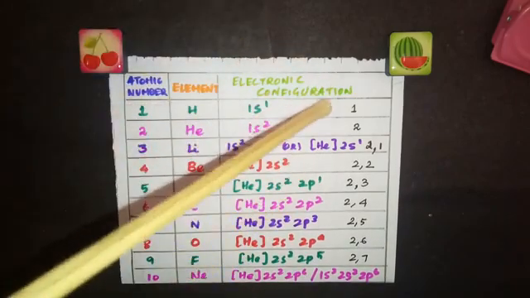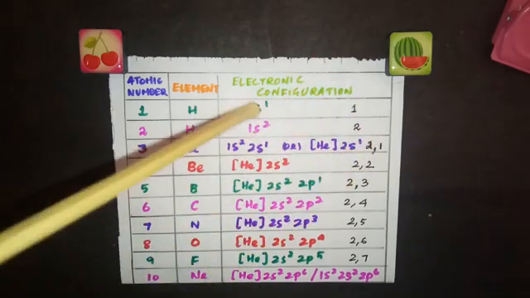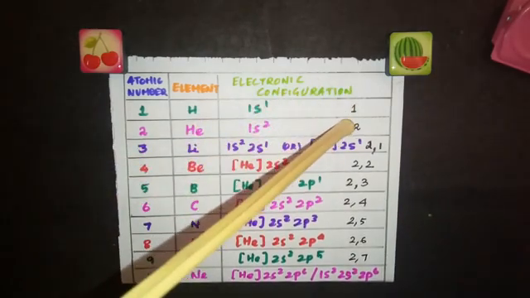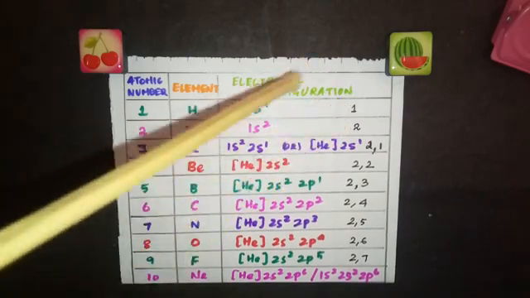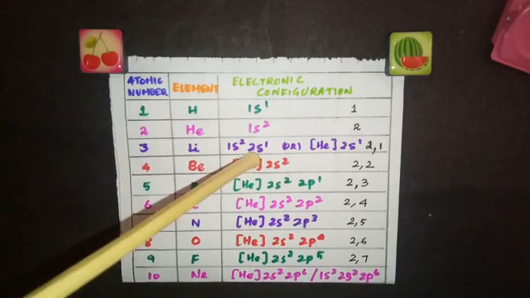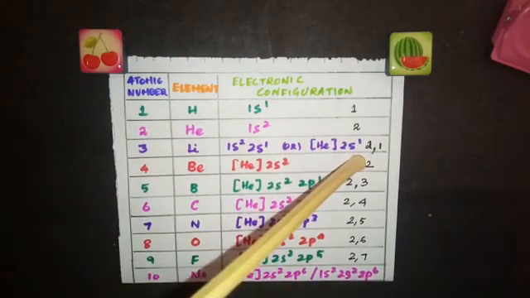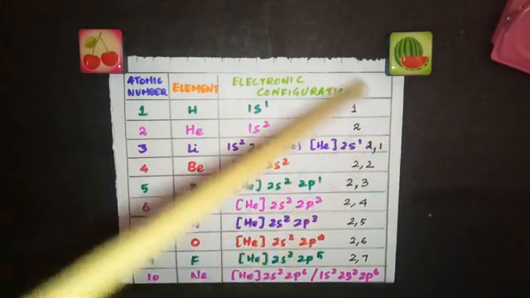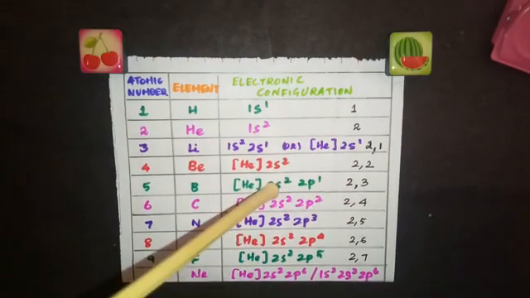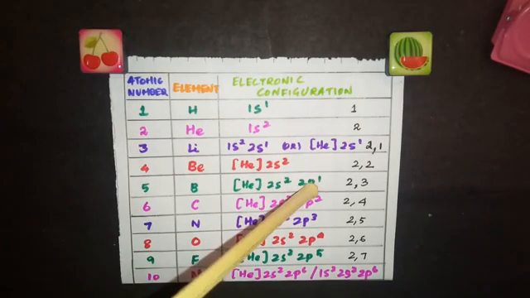Now see, I've written a number here. This represents the number of electrons in the shells. See, 1s1, it is just 1. 1s2, it is 2, because both these electrons are present in the K shell. So here 1s2, 2s1: this is the K shell, and where it is 2, it represents the L shell. So I write 2, 1. So 2 electrons in the first shell and 1 electron in the second shell. And here 2, 2. Here 2, 3. See, you should not write these two in different shells. Both 2s and 2p are present in the same shell.